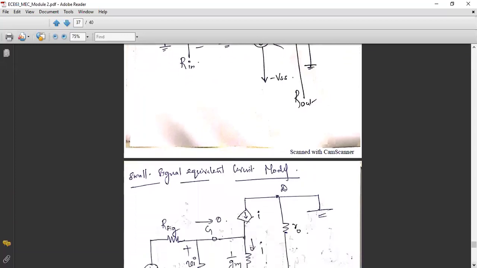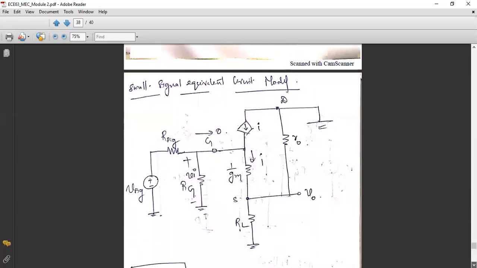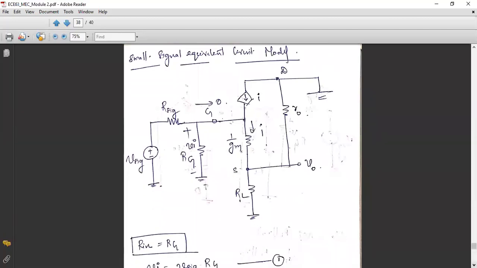Now going to the equivalent model. So this is the small signal model that you have. Of course, as I told earlier, now the drain is directly grounded. Here also at the source, you are having RL. Apart from that, here for analysis, we are using the T model. You know what is T model? Please go through the previous classes videos or previous classes notes. While drawing the T model, you should add one more resistance at the source, that is nothing but your 1 by gm, and you have to connect output resistance ro across drain and source. So this is nothing but your T-shaped model.